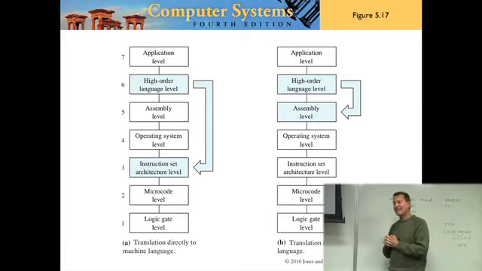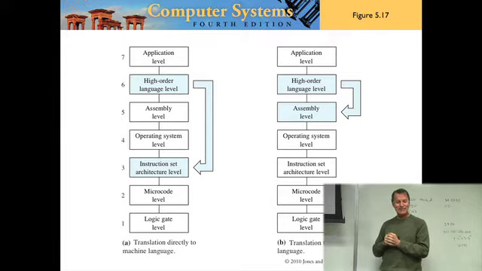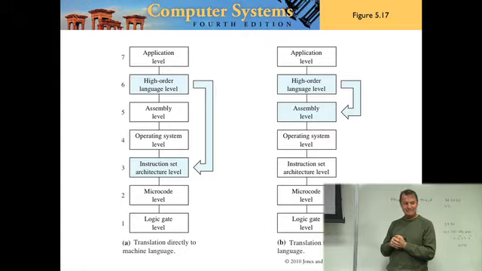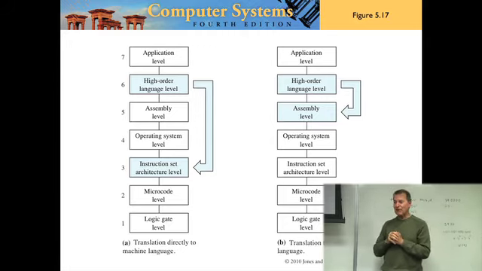Well, okay, that's a good question. The question is, when you write a program in C++ and compile it, what does it get compiled to? 5. Ultimately, it has to get compiled to what? To 3. Because in order for it to run, it has to be in machine language. Right. But that is not the only possibility.